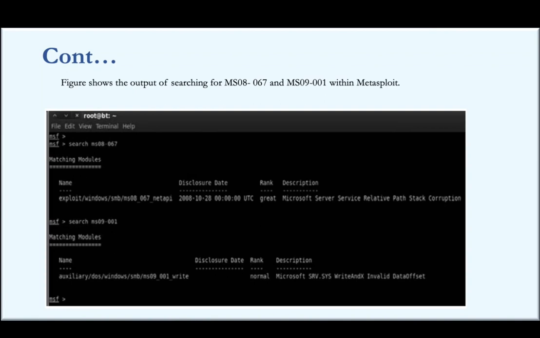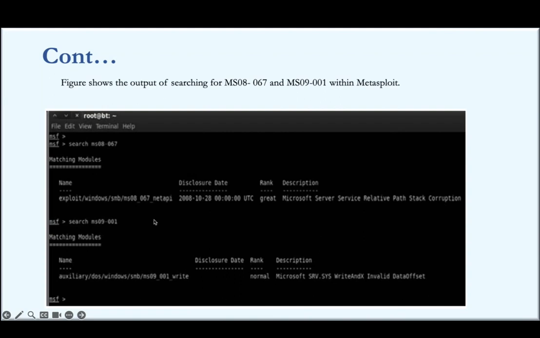First it provides us with the matching exploit name and location. The exploit is located in Windows under SMB, and the missing patch is this one,